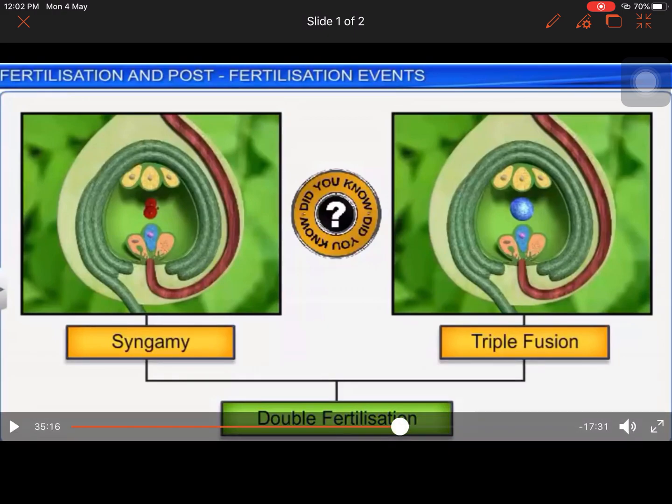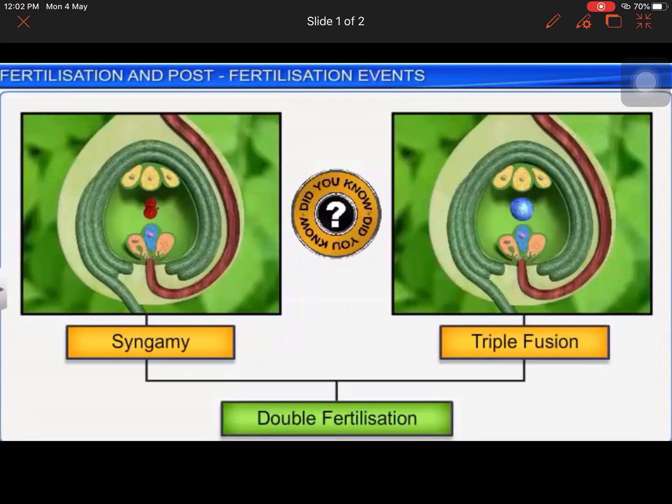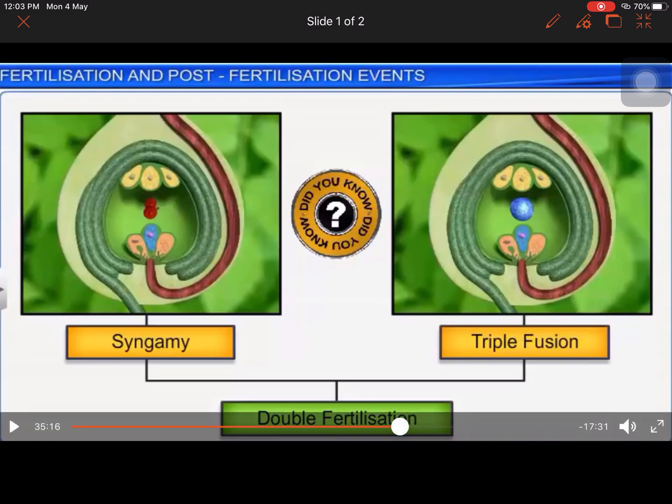The unique feature of flowering plants, the unique feature of angiosperms, is double fertilization. Whenever you are asked what is the unique feature of angiosperms or flowering plants, whether I use the term flowering plants or angiosperm, the unique feature is double fertilization, because both syngamy and triple fusion occur. Okay, so now